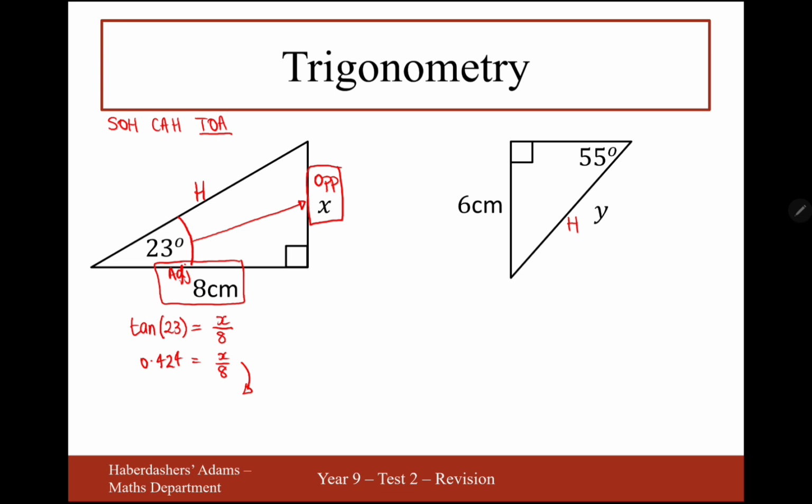Now to move that 8 to the other side, currently it's dividing x, so we're going to need to times 8 to move it to the other side. So we're going to times the other side by 8 to make the equation balance. So we're going to take that value that's on our calculator already by pressing answer on our calculator and times it by 8, and we get 3.40